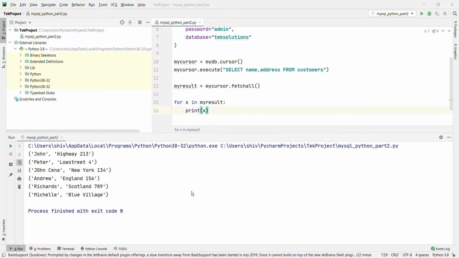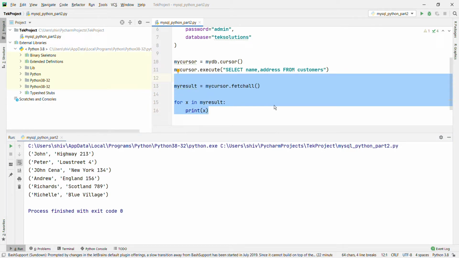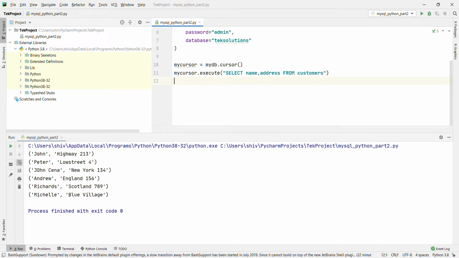Now we are going to use the fetchone method. If you are only interested in one row, you can use the fetchone method. What the fetchone method will return is the first row of the results. Okay, let's delete this one. Instead of name and address, I am going to use star, all the data, and then myresult equal to mycursor.fetchone.